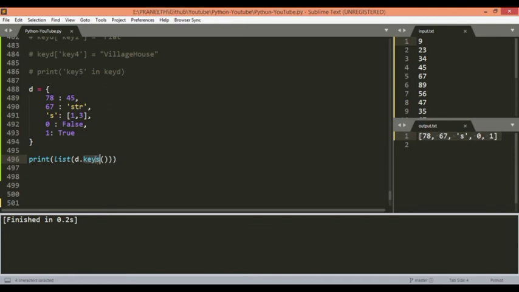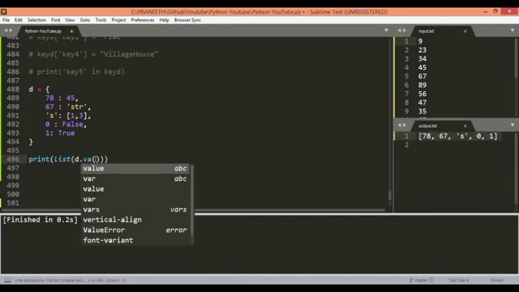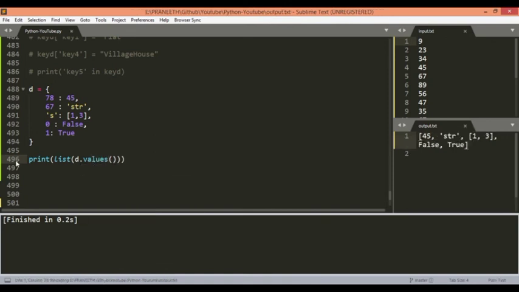Similarly, if we change this to values, then we can see a list of all the values present in the dictionary D. So these are the two main methods which can be used to convert the dictionary keys to a separate list and dictionary values to a separate list.